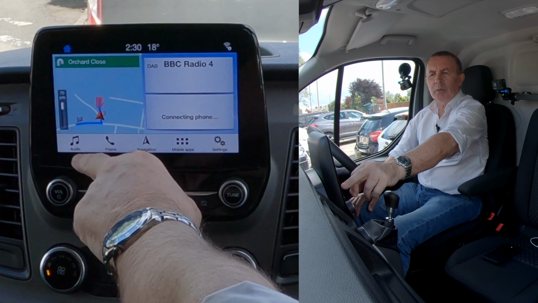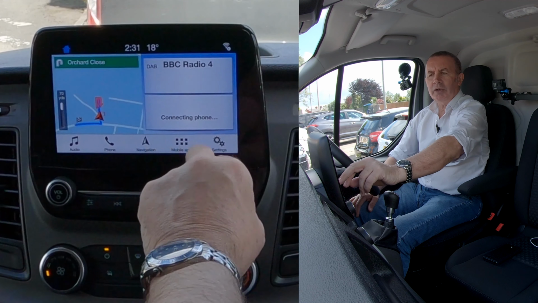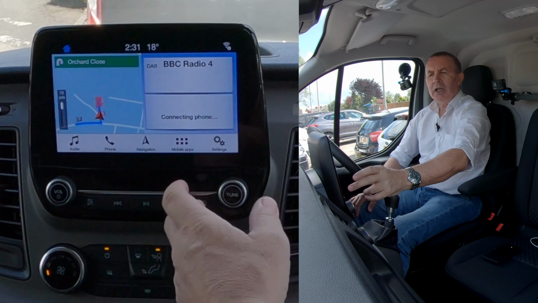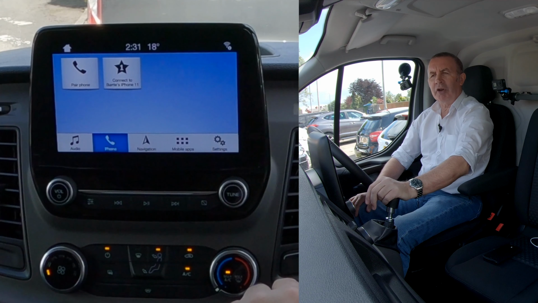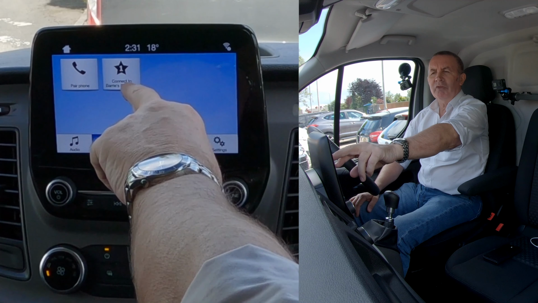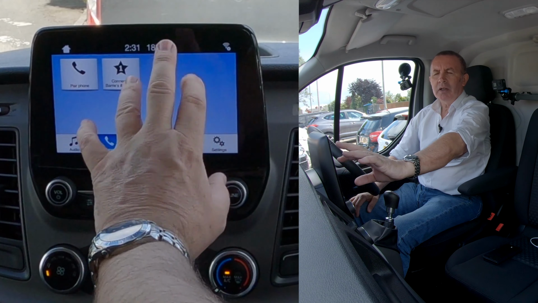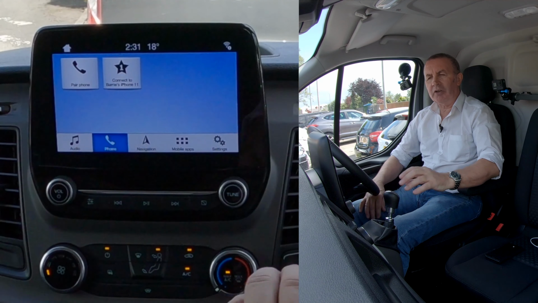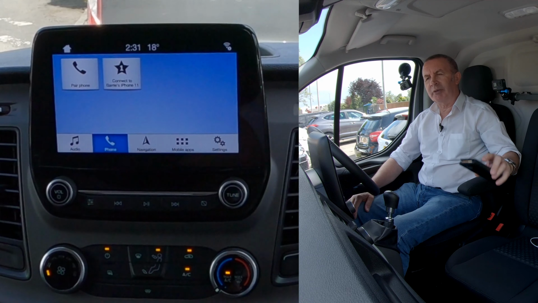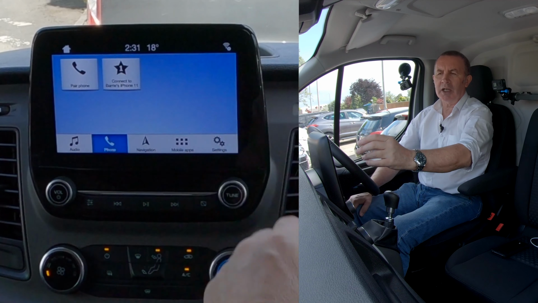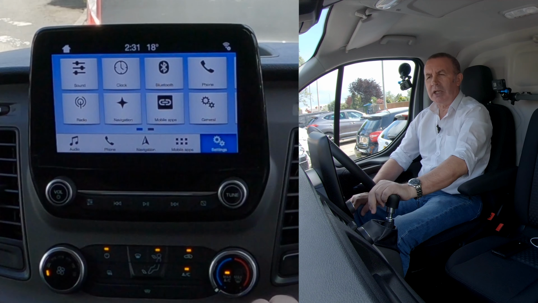menu, brings the menu up, and you've got audio, phone, navigation and settings. If you go into phone, you see there my phone is already connected. I've deleted it off my phone here, but it's still in the system, and I want to delete that. So we go to settings,